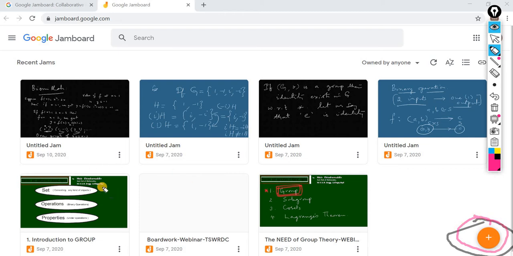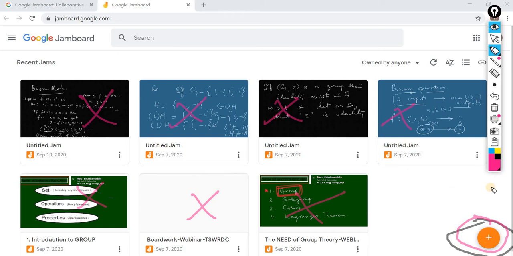So if you have not earlier prepared any Jamboard, then you will not be having this one. No tiles will be available. Every tile is for one Jamboard. Actually, that Jamboard is a file consisting of 20 boards. It is the maximum limit. So these all will not be visible. Only blank space will be visible for you, and it will be written you don't have any jam files.